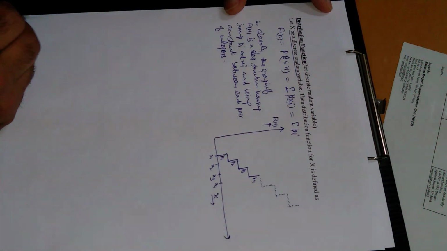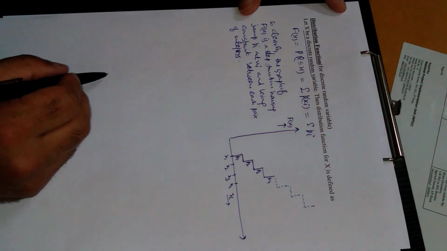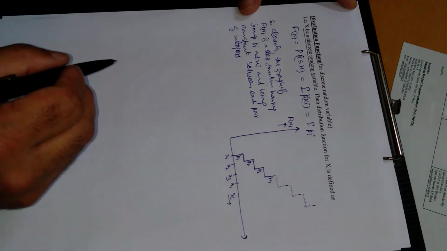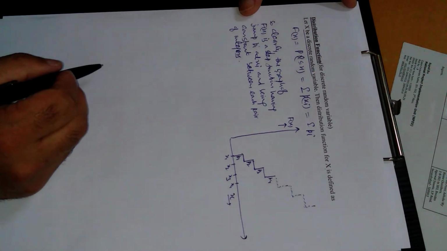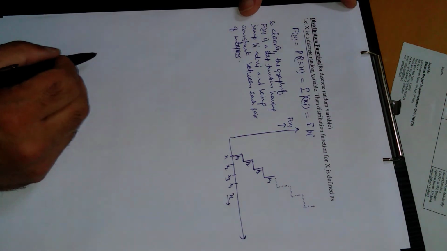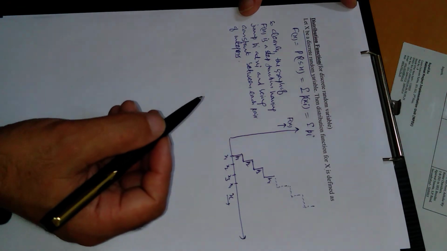So this is all about the distribution function. What we have learned in this lecture: how to use Bayes theorem in an actual problem. Then we came to know what a distribution function is and what its range will be, and that we can define more than one random variable on the same sample space. Then we came to know about the discrete random variable, then the density function, then the distribution function.